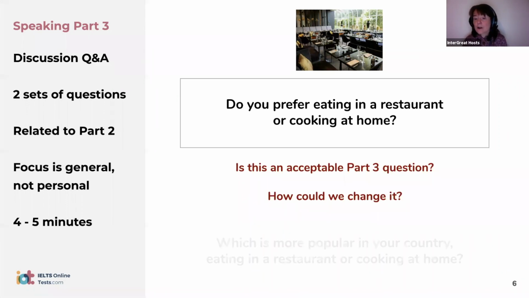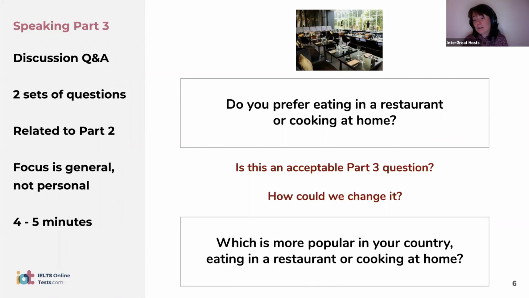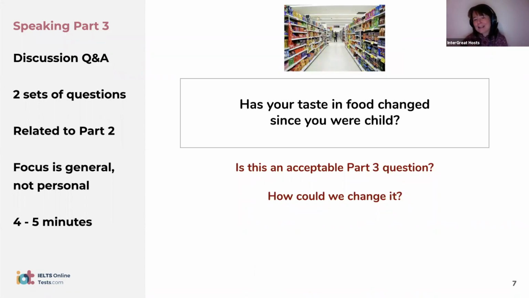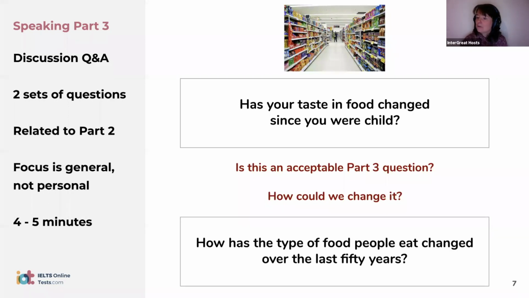Yeah, so pros and cons of eating out, or for example, which is more popular? It's exactly that kind of question. So it's a comparison question, but not about your likes and dislikes, but about the general trends in your country. And what are we talking about here? If it says in a part 1, they could talk about how your tastes have changed. What would they talk about in part 3? Okay, good. More general question, but again about the trend, about the change in food taste.